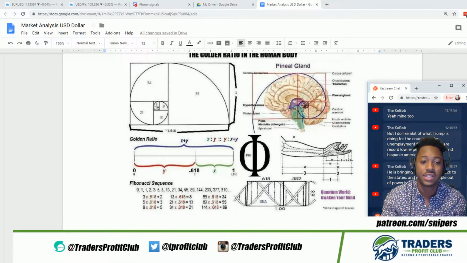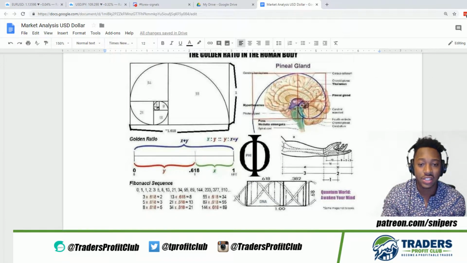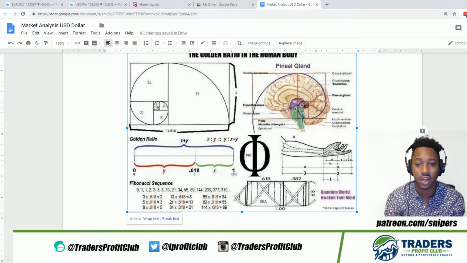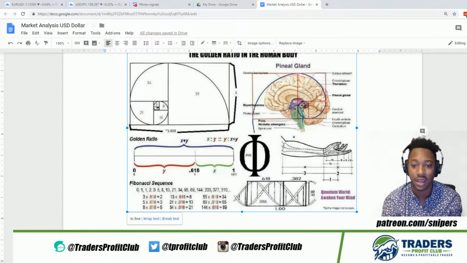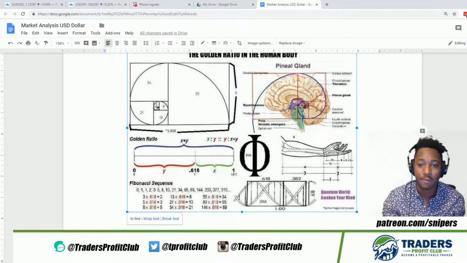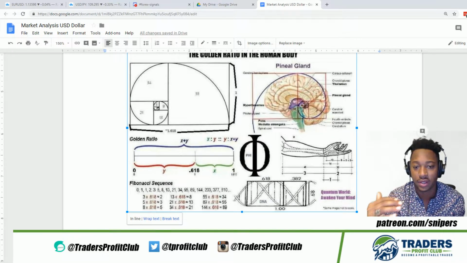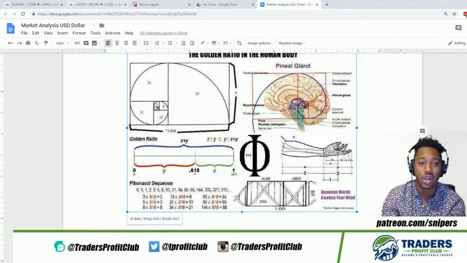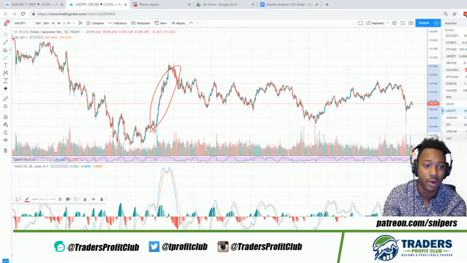But to talk about statistics, neuroscience, and quantum physics, as well as the stock market, as you know, the human anatomy is based off human psychological determination factors of mathematics, right? So we can see that the human anatomy is also mathematically formulated. We look at the Fibonacci sequence. We have the pineal gland, and then we have the cerebral hemisphere. We see the markets work in the same way. So as you can see, this is the Fibonacci sequence. If you go to the Fibonacci sequence, it's available in the stock market. So we can put the Fibonacci sequence on it, the same thing, right?